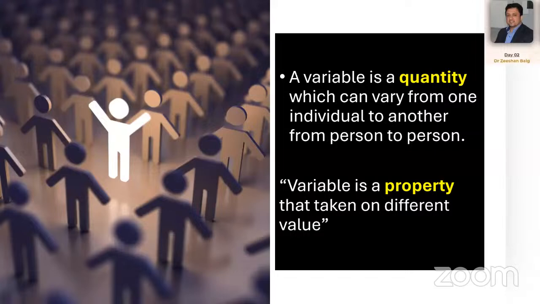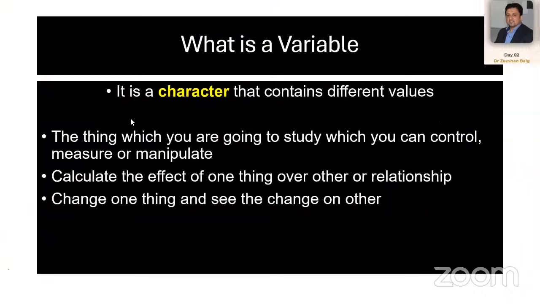चलें आगे चलते हैं। सो वेरिएबल की बात ये है कि वेरिएबल एक क्वांटिटी है जो इंडिविजुअल्स में वेरी करेगी। फॉर एग्जाम्पल हाइट, फॉर एग्जाम्पल एज, एक ग्रुप के लोगों में मे बी अंडरस्टैंडिंग वेरिएबल हो, समझ बूझ वेरिएबल हो, एक प्रॉपर्टी दैट टेकन ऑन डिफरेंट वैल्यूज, इट्स अ करेक्टर दैट कंटेन्स डिफरेंट वैल्यूज। सो वेरिएबल्स की बड़ी मजे मजे की डेफिनेशंस हैं। द थिंग विच यू आर गोइंग टू स्टडी विच यू कैन कंट्रोल, ये लफ्ज याद रखें, कंट्रोल इज सच एन इंपॉर्टेंट थिंग इन अंडरस्टैंडिंग वेरिएबल्स। कुछ वेरिएबल्स कंट्रोल किए जाते हैं, कुछ वेरिएबल्स कंट्रोल नहीं किए जाते,